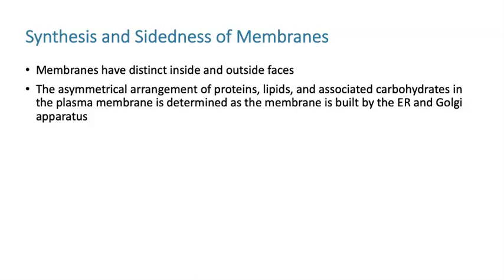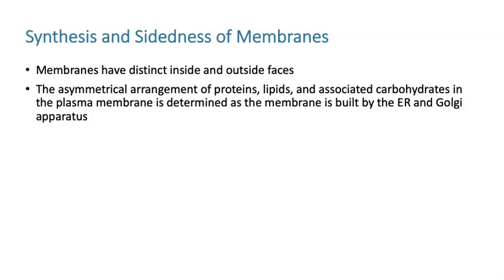One of the things that we have been able to recognize based on these photographs or pictures that I've been showing you is that membranes have different sides to them, like we've been talking about inside and outside. And how they look is actually really different on the inside and the outside of that plasma membrane. Very, very different. For example, you're going to find the active site of enzymes. That's a term you haven't learned yet, but we're going to learn in the next chapter. The active site of those enzymes are going to be found on the inside, and we're going to see those carbohydrates more on the outside. This asymmetrical arrangement